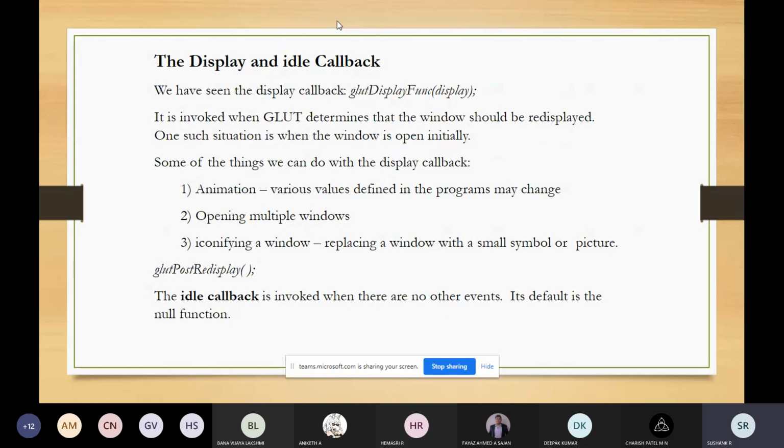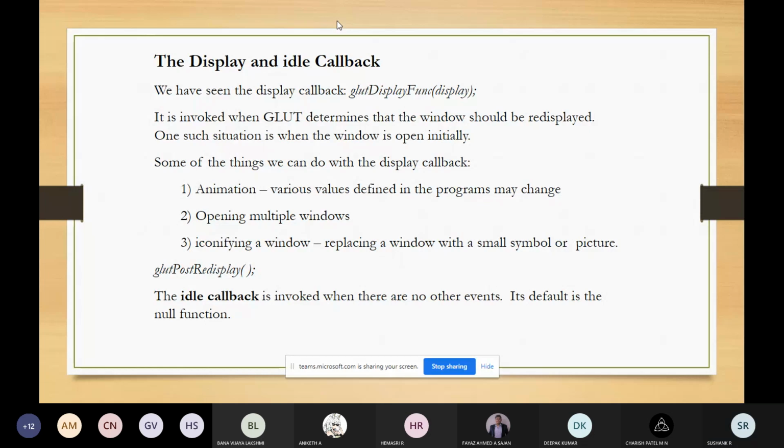Like if I'm drawing a line object, and that line object is to be displayed on the screen, I should pass the name of the function which is drawing the line to this glut display function. Also, if I increase or decrease the size, or after making some changes the size of that object has changed, in that case I can use this glut display function for redisplay purposes.